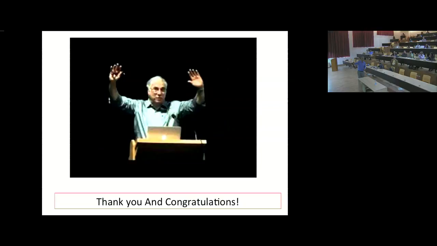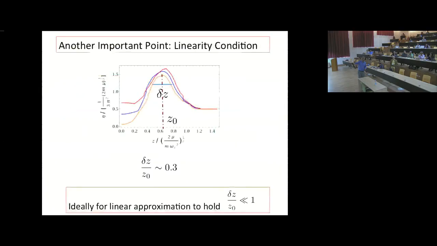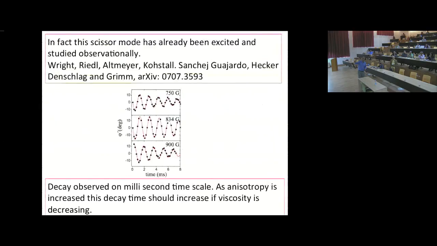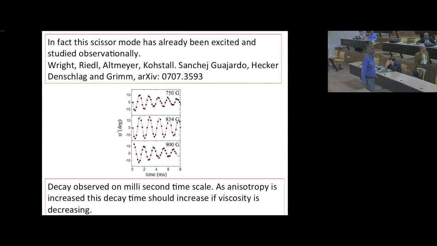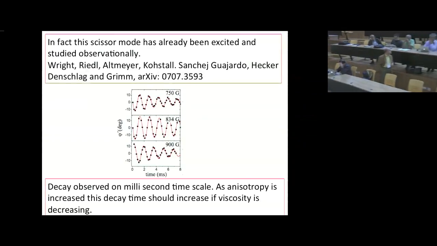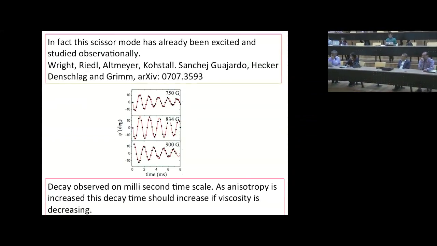As I was showing, they haven't quite done it for the scissor mode, but there's corresponding data, and you simply fit this profile to e to the i omega t minus t over tau and extract the tau. You can really do that quite precisely, and then the connection between tau and eta is a linear relation which you can extract. So it seems like things are under reasonable control for the isotropic case.